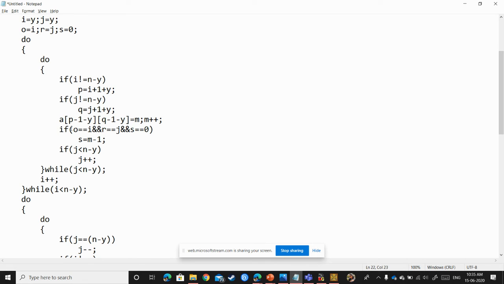which is equal to m. Now for the first time if this loop is entered, the i value is equal to the p value and the j value is equal to the q value and the s value is equal to 0, the s value will be assigned as m minus 1. In this case m is equal to 2 as it is here, so 1 will be stored in s. Why I am using this s variable, you will know in the future as I go through my algorithm. Next, j is less than n minus y, obviously, so I am incrementing j each and every time.